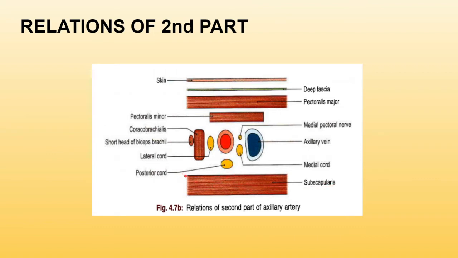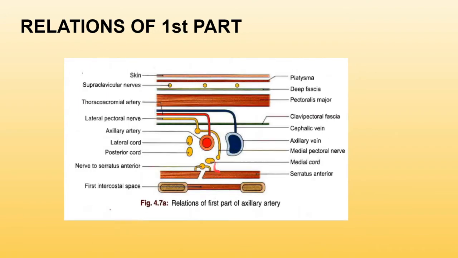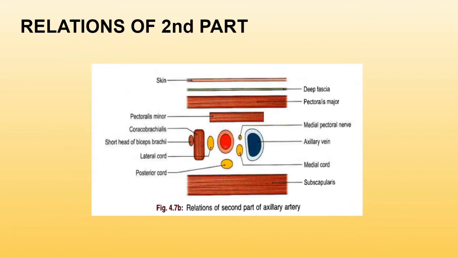Okay, if you remember, in the first part, the posterior cord was in the lateral relation and the medial cord was in the posterior relation, right? Over here, as you can see. Okay, but over here you can see that the position of the cords has changed. And the posterior cord is formed by the posterior division of all the three trunks, and the lateral cord is mainly formed by the ventral division of the upper and the middle trunk. Okay, we'll discuss the cords in detail in the brachial plexus. Just for information I'm telling.